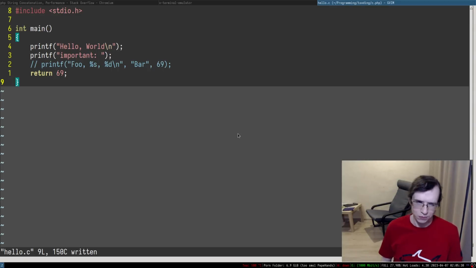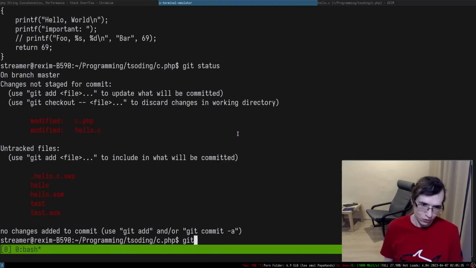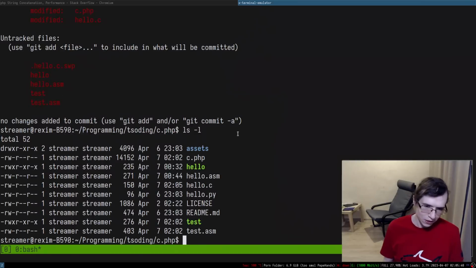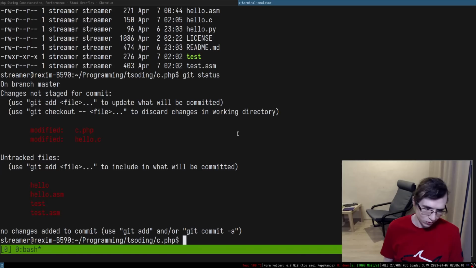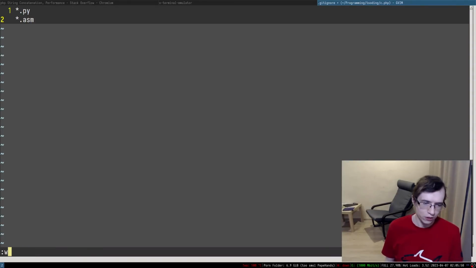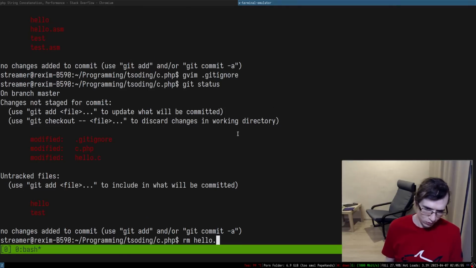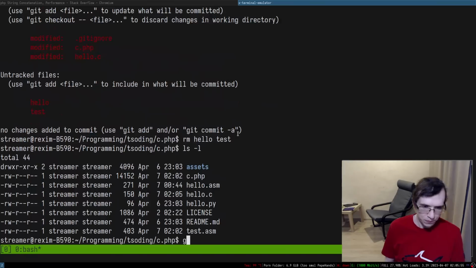I'm gonna commit whatever we've done already. Git status, that's a lot of stuff that I probably don't want to commit. So let me take a look. I probably don't want to include asm files, right? So let's actually git ignore them. Asm files, git status, and we have hello and test. Let's actually remove them.